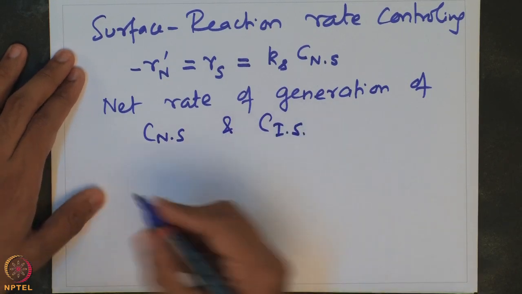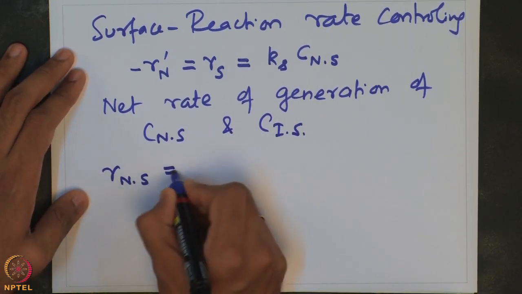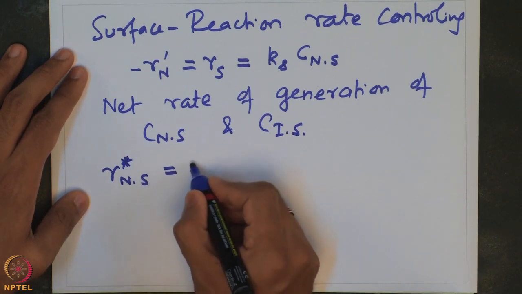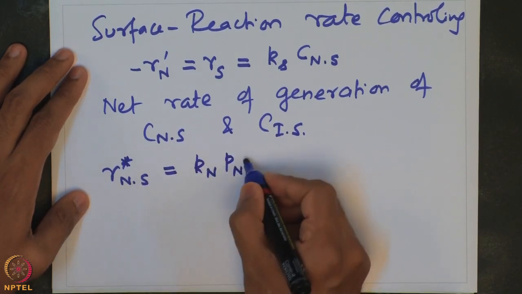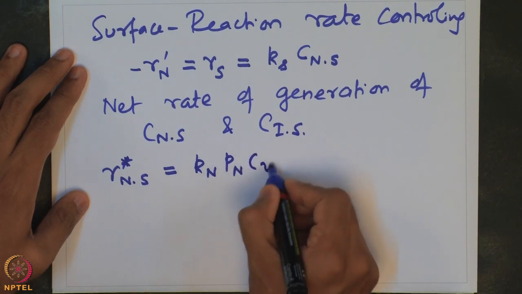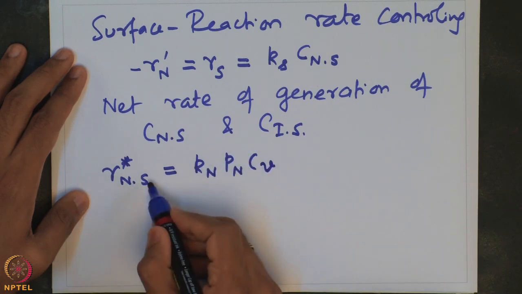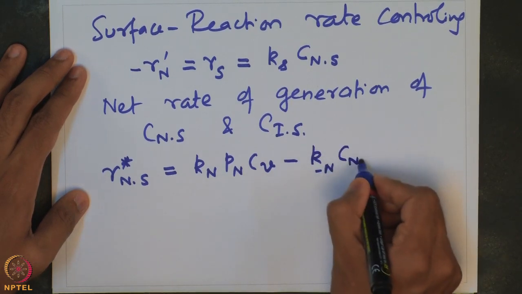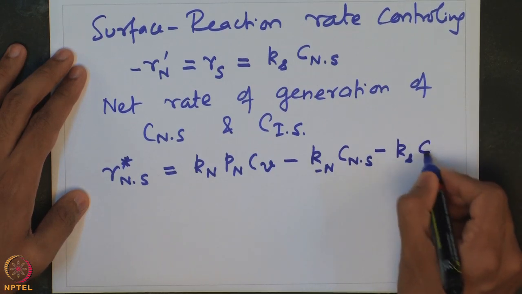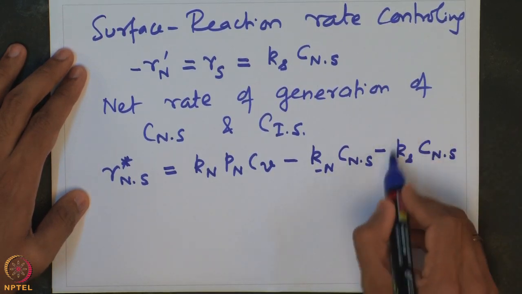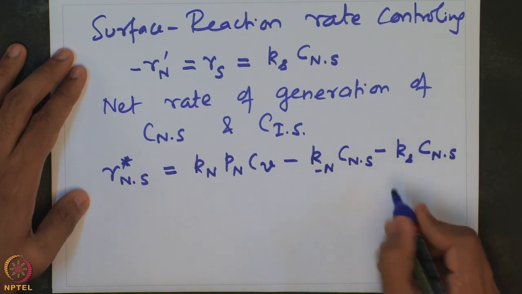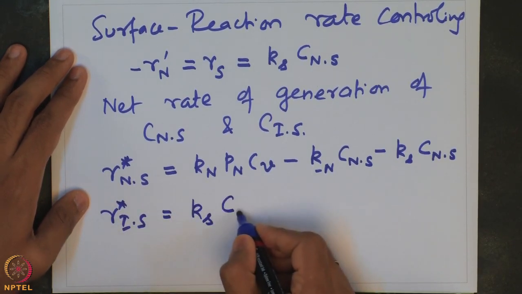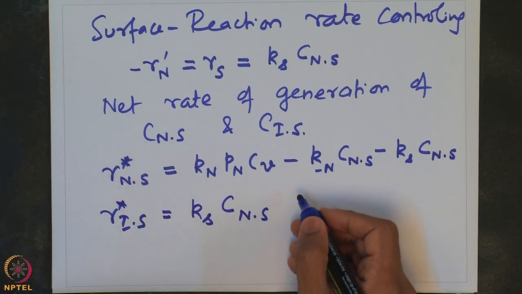So, R Ns is essentially given by, this is an intermediate. If I put a star to represent the intermediate, the rate of generation of the intermediates is Kn into partial pressure of N-pentene into vacant site. This is the rate at which the species is getting adsorbed onto the site, minus the desorption step, which again affects the total species, minus the surface reaction, which takes the species attached to the sites to a product form. Similarly, for Is, it is given by Ks into Cns, that is the rate at which the species is formed,